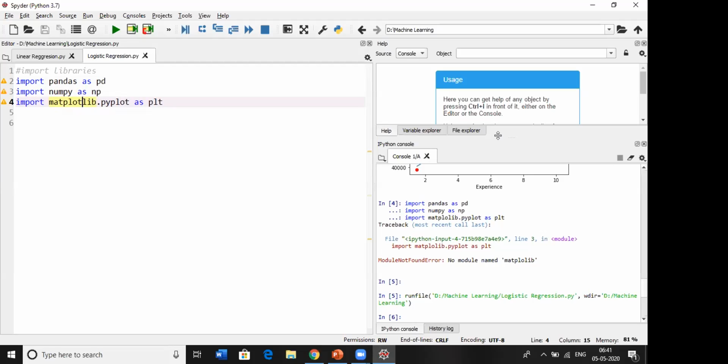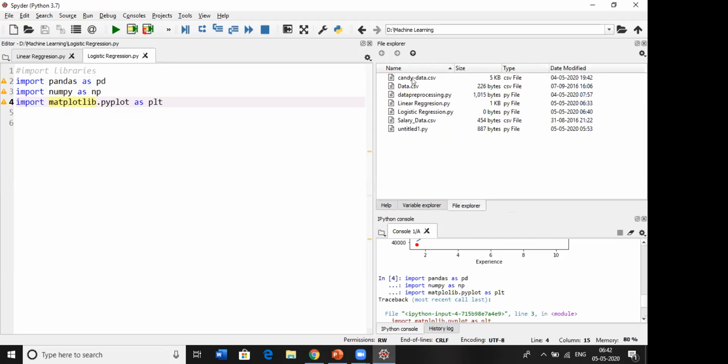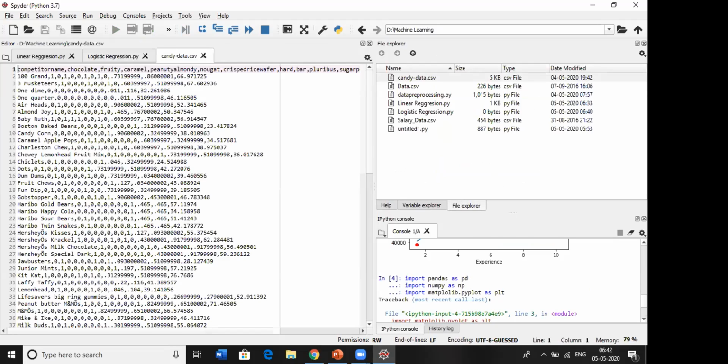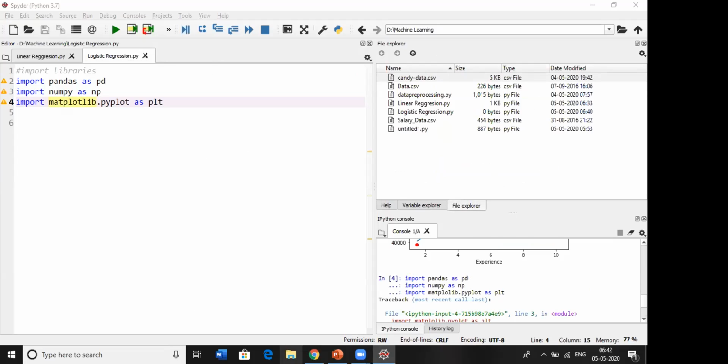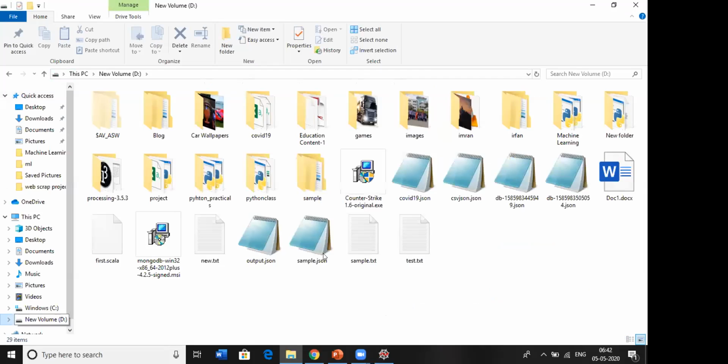For this logistic regression, I'm going to use this Candy data. I will open it in Excel. It comes from a competition in which people make chocolates. Our job is to predict whether it is chocolate or not based on the given features.